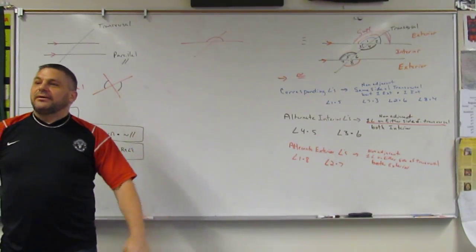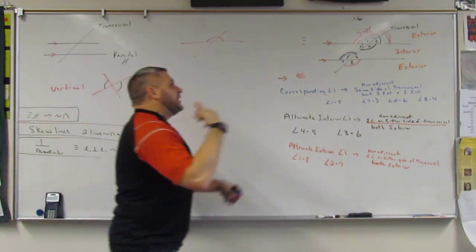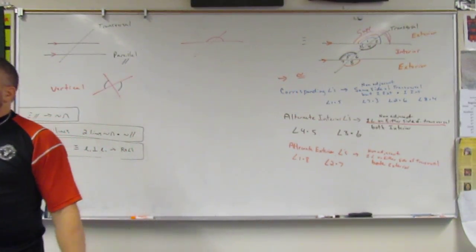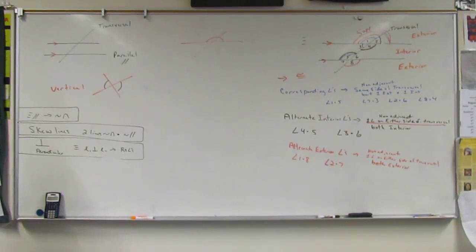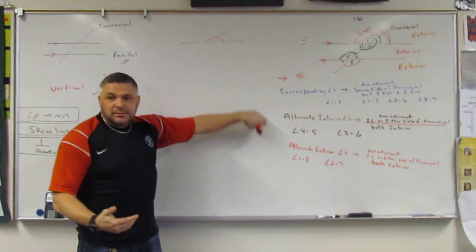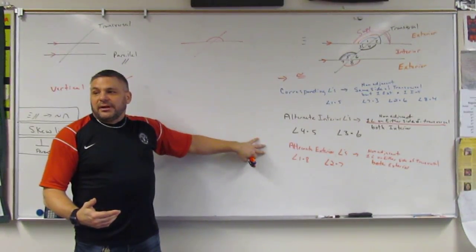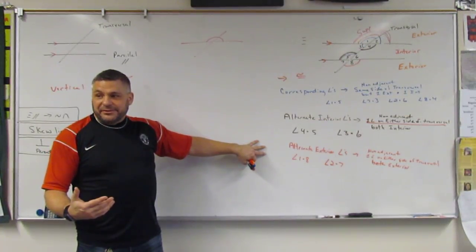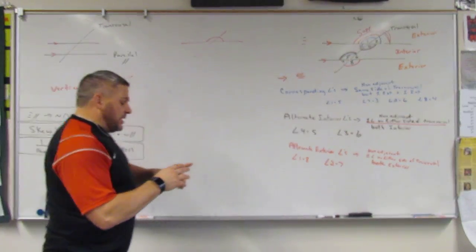We already know that. What else can we extrapolate from this information, though? Because that's what we're going to have to be able to do. And so they come up with other things besides these. But they're going to be supplementary angles. Okay? And they're called